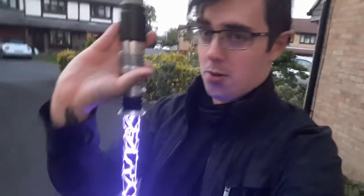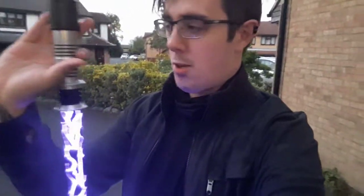Just some final comments, some final points. I just want to get a little bit closer with the hilt. So when I'm doing the inverted one, when I get to this point and I'm going, this is sort of the grip I'm using. I know it doesn't look like much, but I'm essentially just holding on with my main fingers, letting it support there, resting my other fingers on the other side, and pushing down